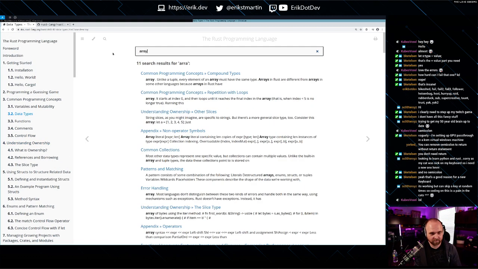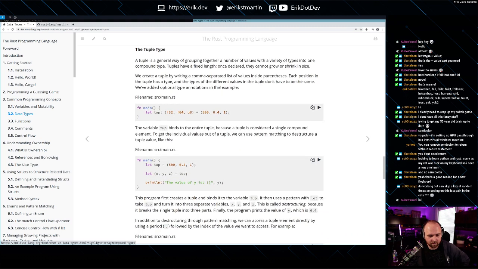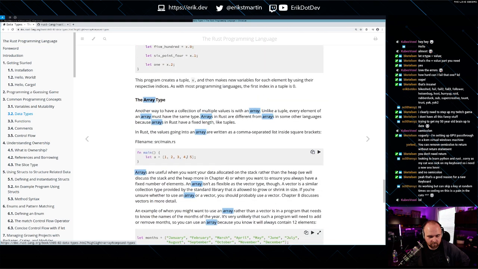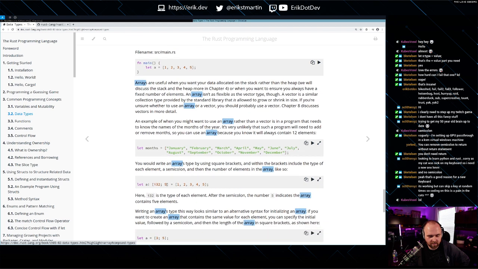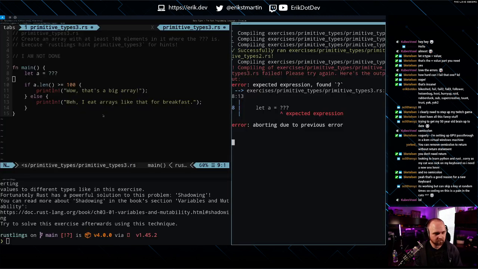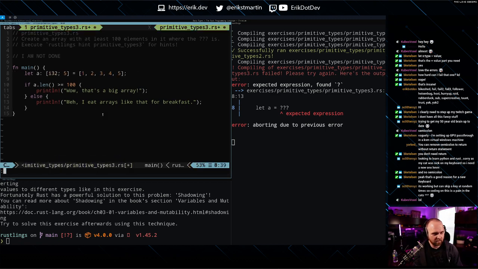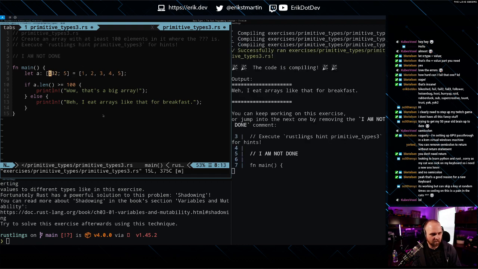So we're gonna use the Rust book. It's a tuple. Okay. That's the syntax I was looking for. So this is saying we have an array of int 32s. And I guess we wouldn't have to supply that.